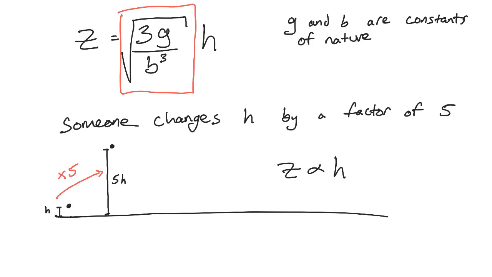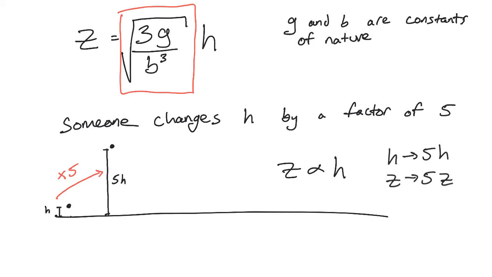I know immediately that multiplying h times 5, going up to 5 times as much height, will produce 5 times as much z, whatever z represents in the physical world. I'll say that explicitly here. As h goes to 5h, or 5 times the height, z will now go to 5 times z,